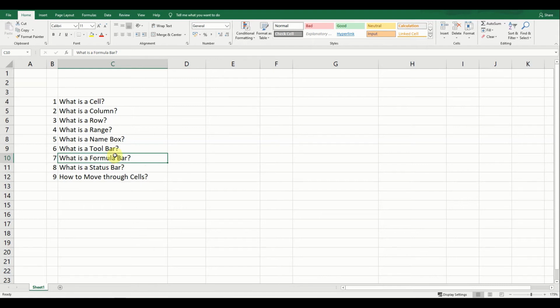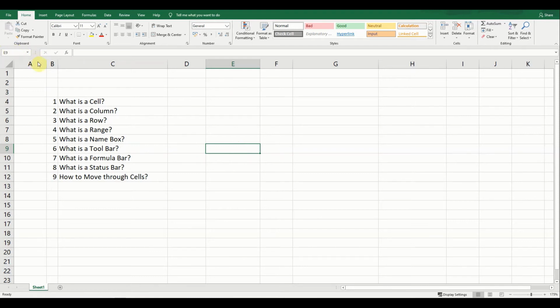Okay, so we'll start with point number 5. What is a name box? A name box is over here. You can see this. A name box is just to show you where is the placement of the cell. Now you can see this is E9. In short, over here it will show you the placement of the cell.